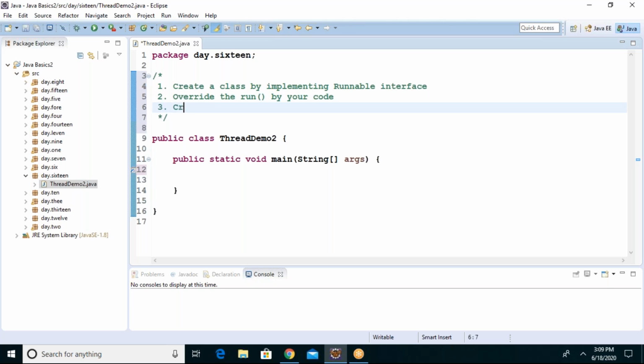Create an object of the above class, your own class.